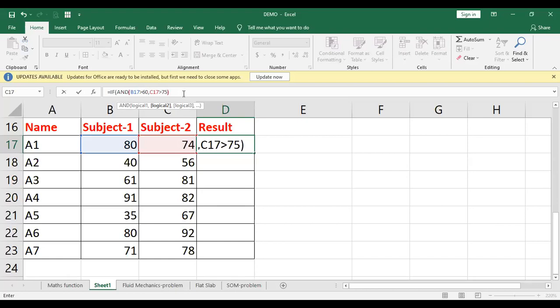Now you can see that it shows this logical test is carried out.